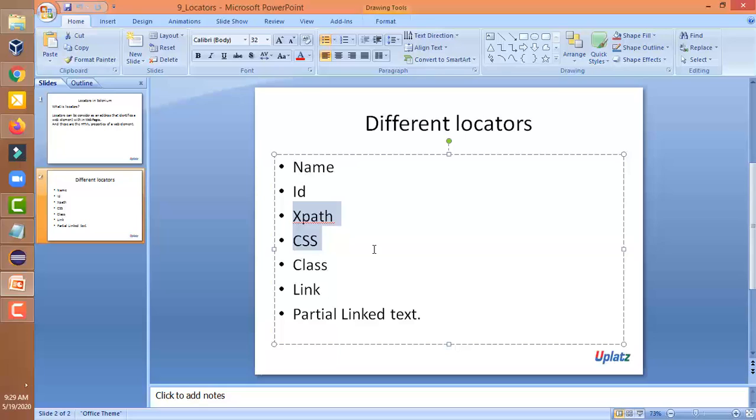Locators are basically the identity. Like if in a class there are 100 members and the class teacher says "Rahul", it might be possible that many students have that name, and it is also possible that only one student in the class has it. If only one student has the name Rahul, then the name locator will work, because the class teacher can easily identify him with the name Rahul.